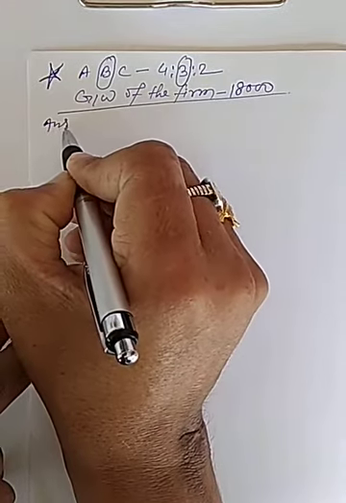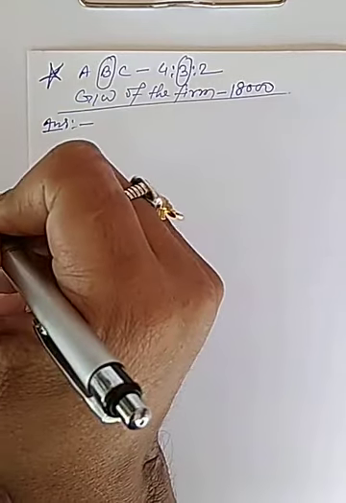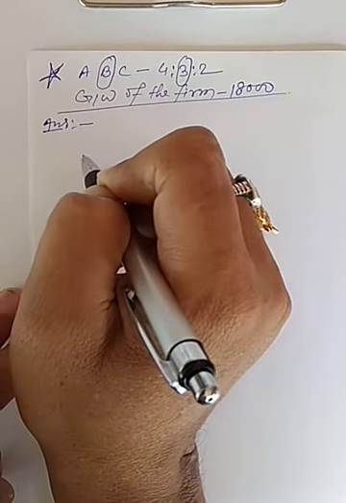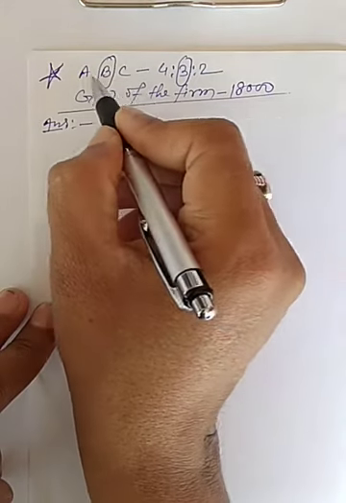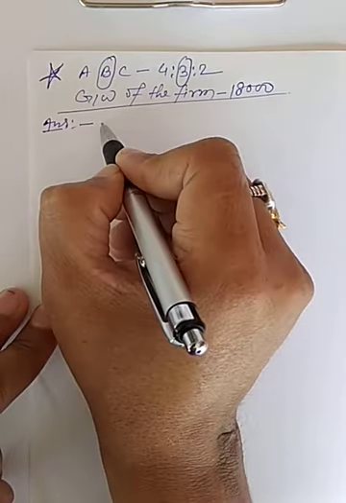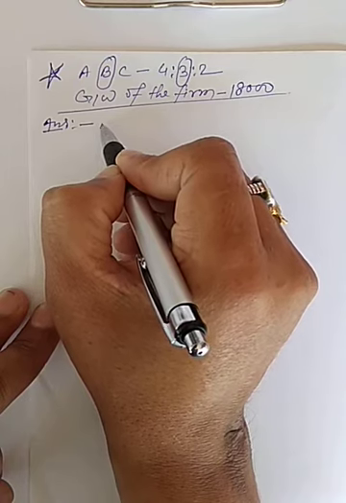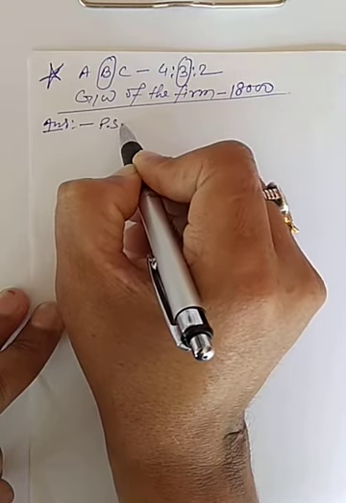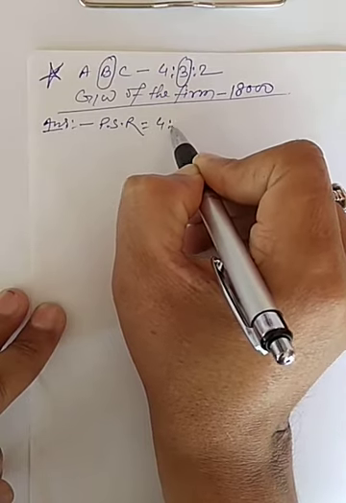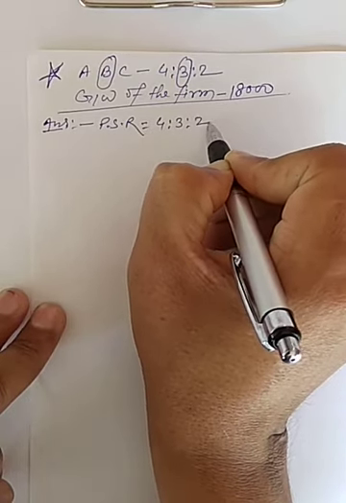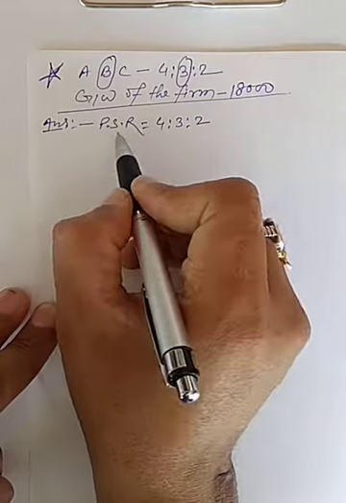The answer will be: profit sharing ratio of A, B, C is given, 4:3:2. B retires,